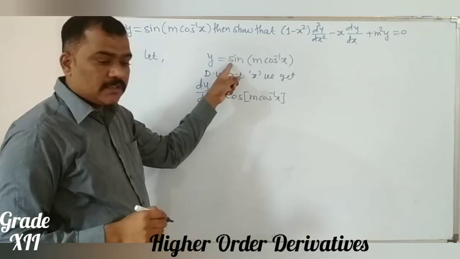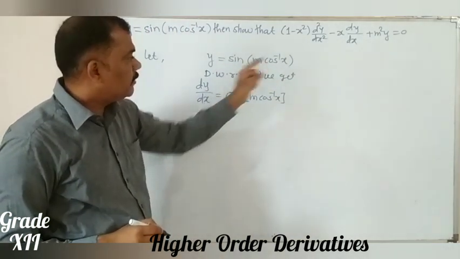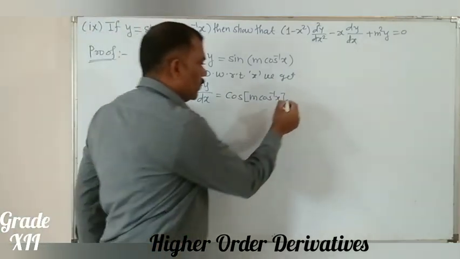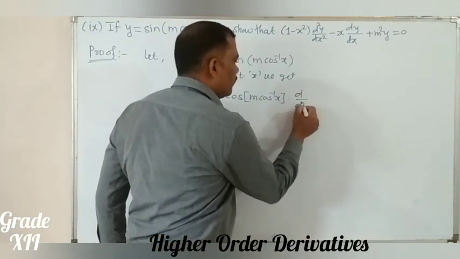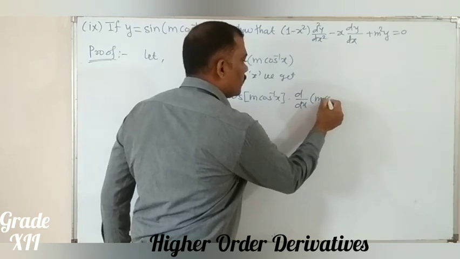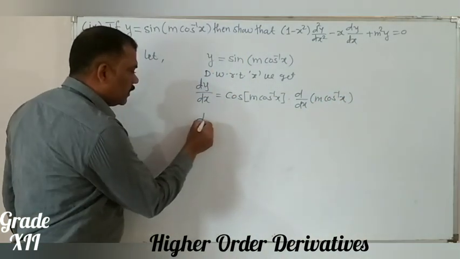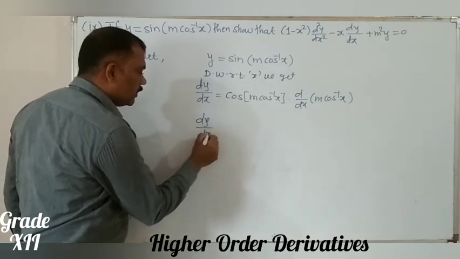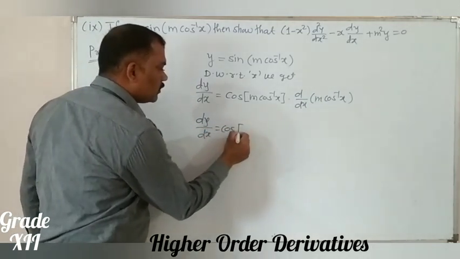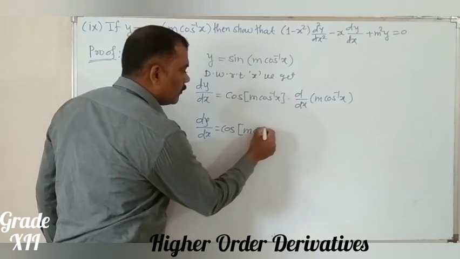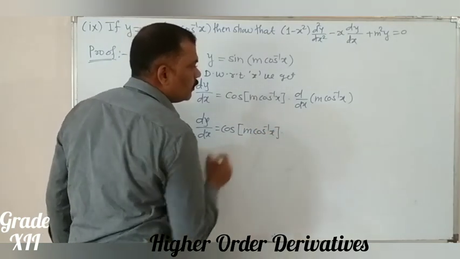First we take the differentiation of sine, next we take the differentiation of m cos inverse of x, so dy by dx is equal to cos of m cos inverse x into